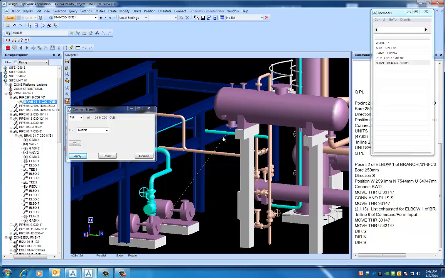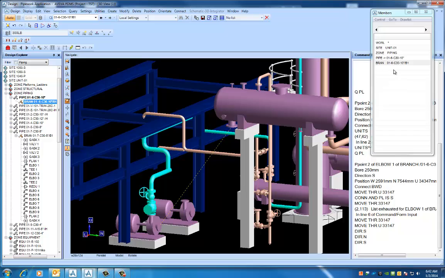Until we add all the components in here, it's going to be dashed. Then you'll see how the dashed line goes away as we start to add components. Okay, so I'm going to dismiss this window,